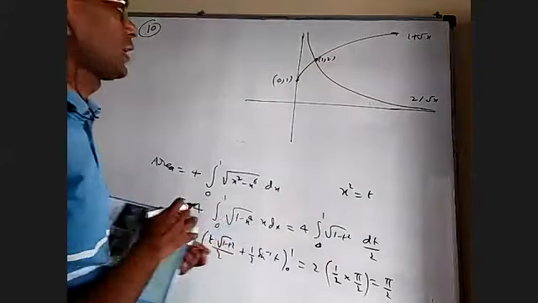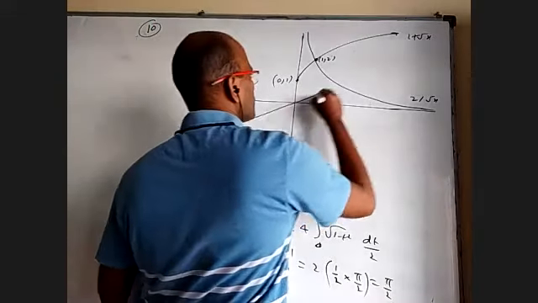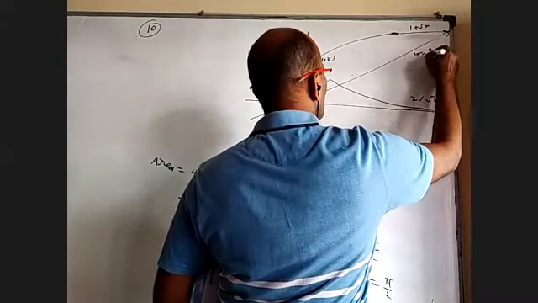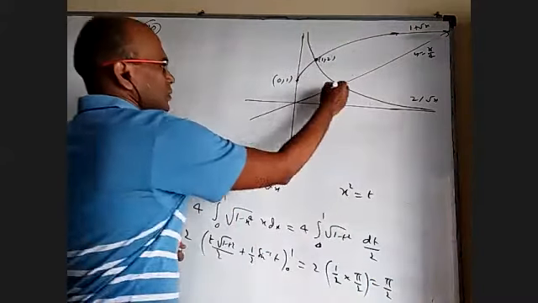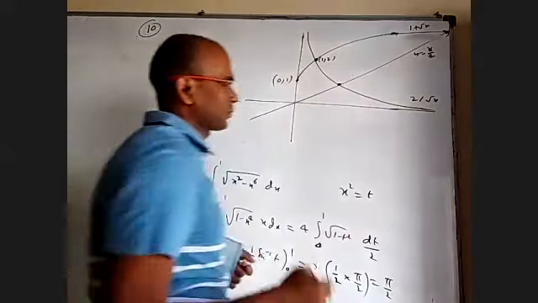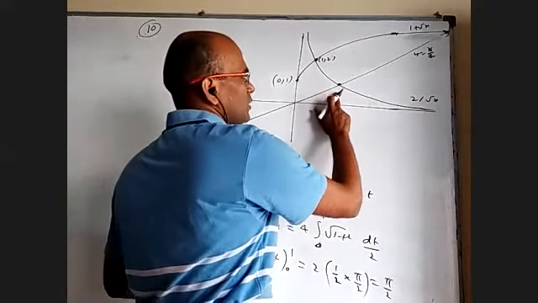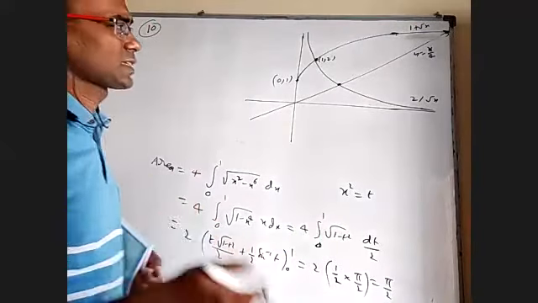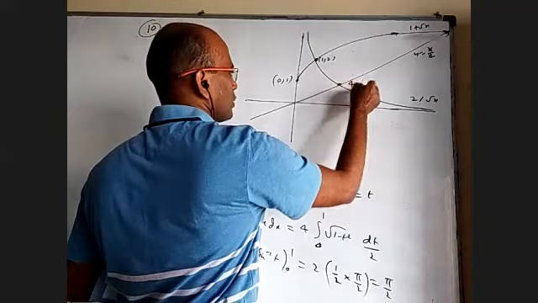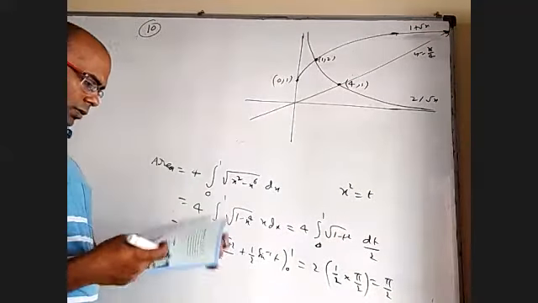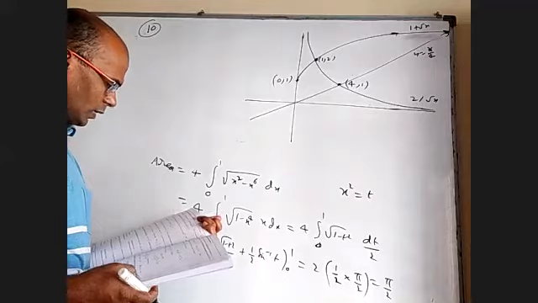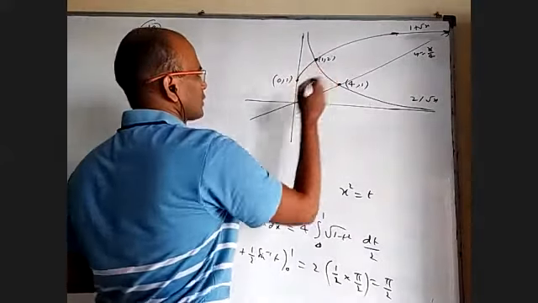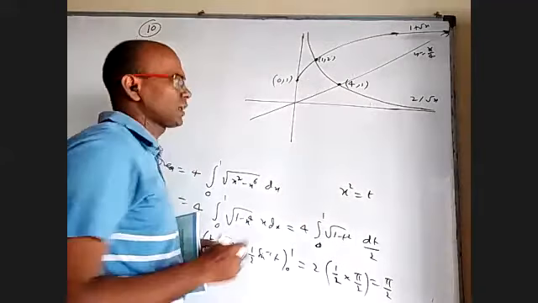y equal to x by 4 is a line a little down like this, and this is 1 plus root x. I can find this point of intersection and that point of intersection if necessary. This point of intersection may be necessary. So when I equate these two, I'll get x power 3 by 2 equal to 8. Root x is 2, x is 4. So this point is 4 comma 1. The area of the region in the first quadrant is bounded by the y-axis and all these. Anyway, these 2 points are at the same level. Not so important, but they happen to be at the same level.